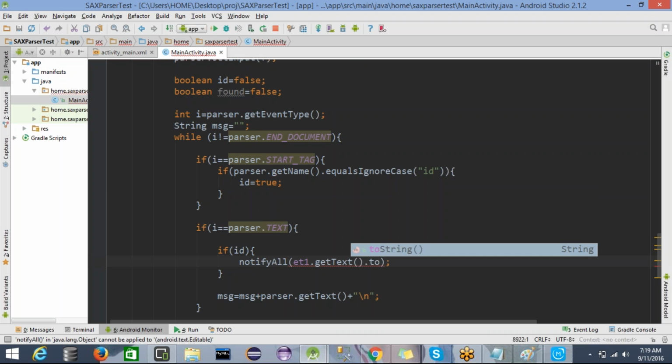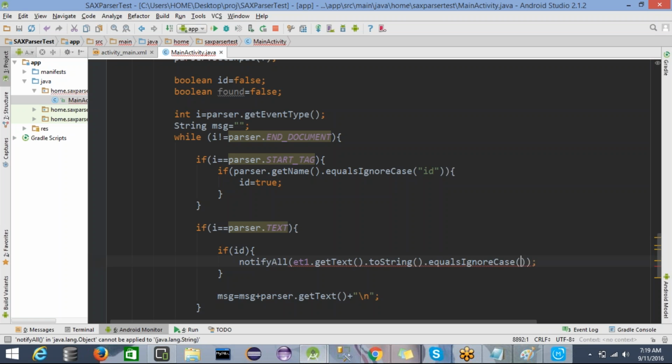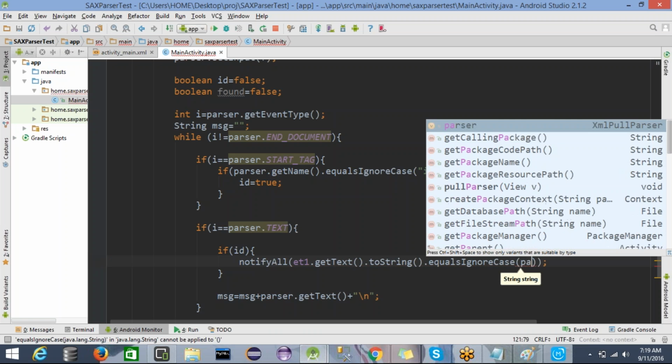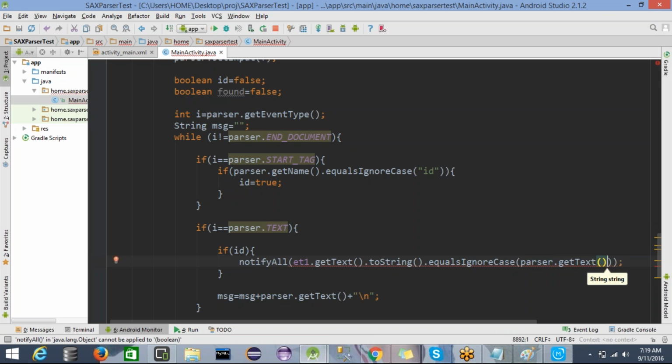So first you have to convert into string format. You have to convert et1.getText().toString().equalsIgnoreCase. If this value is equals with the XML value parser.getText, if this value is equals with the user given value,